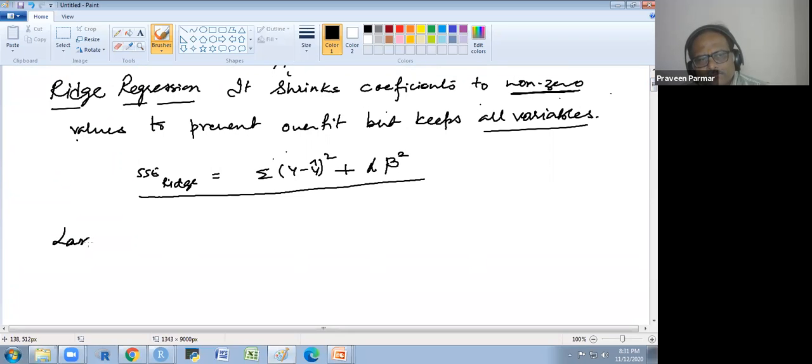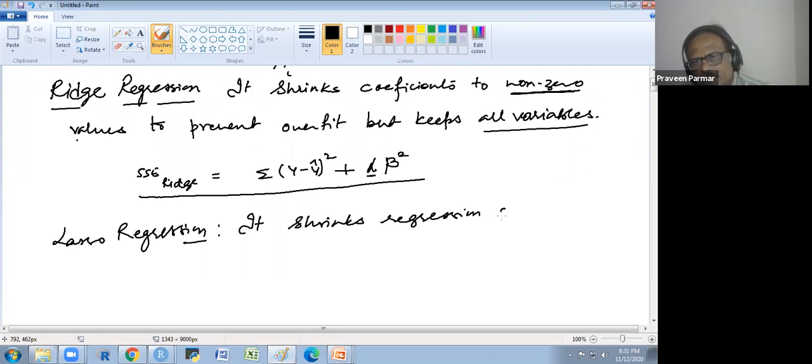And for lasso, there is a very little difference. It has a penalty factor, which we call lambda in technical language, and it shrinks regression coefficients, with some shrinking to 0 also.